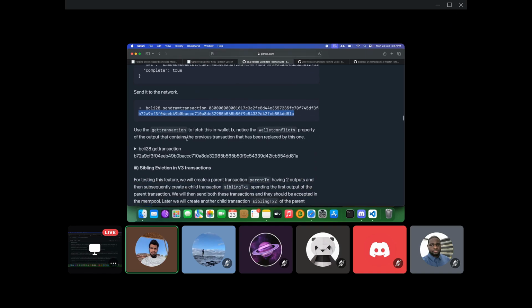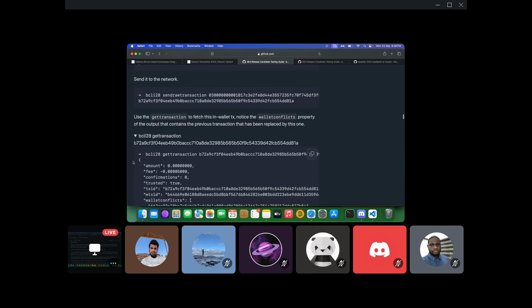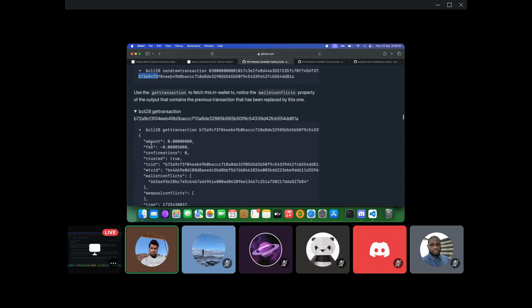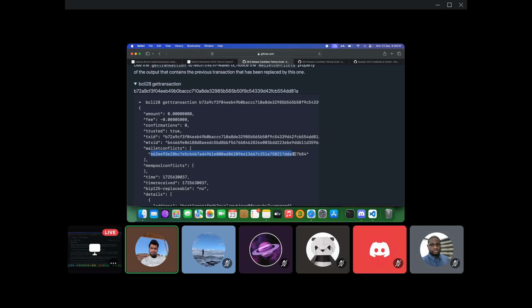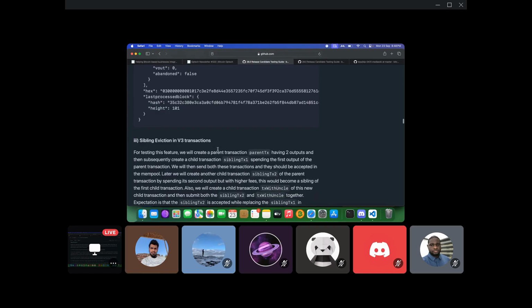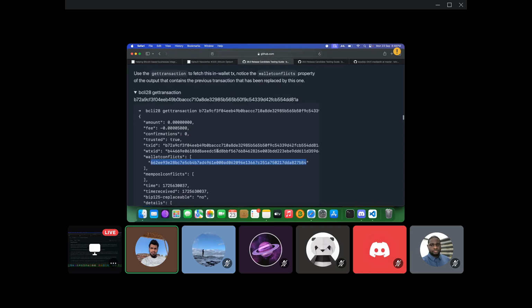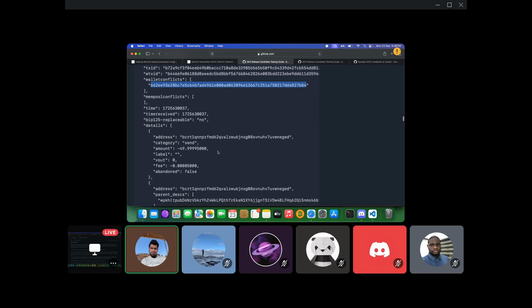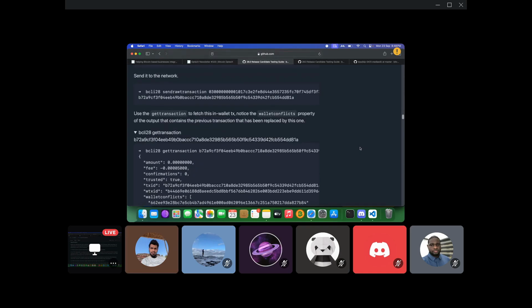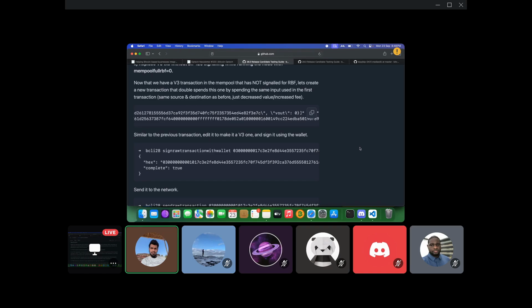Now use get transaction to fetch this in-wallet transaction. Notice the wallet conflicts property of the output that contains the previous transaction that has been replaced by this one. So you use this RPC command, pass it your TXID that we received after sending the transaction. What do you see? Your wallet conflicts. It shows that it conflicts with this transaction. All right, and this transaction will now be included in the mempool, and the previous transaction will get rejected from the mempool because this transaction pays a higher fee. So this is how you can ascertain that V3 transactions are replaceable even without signaling for RBF